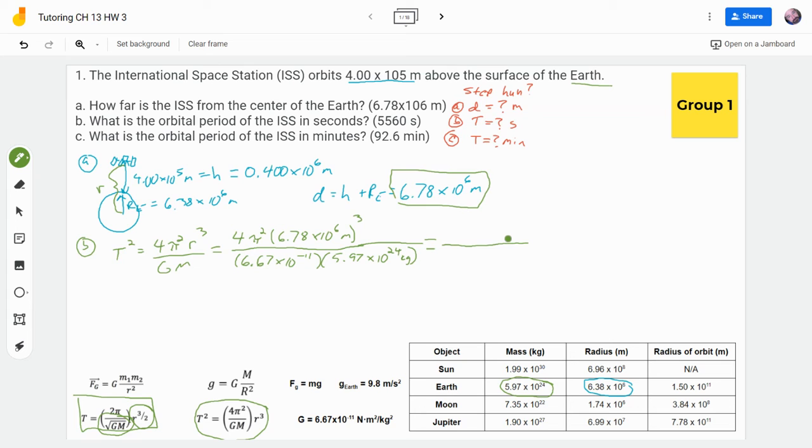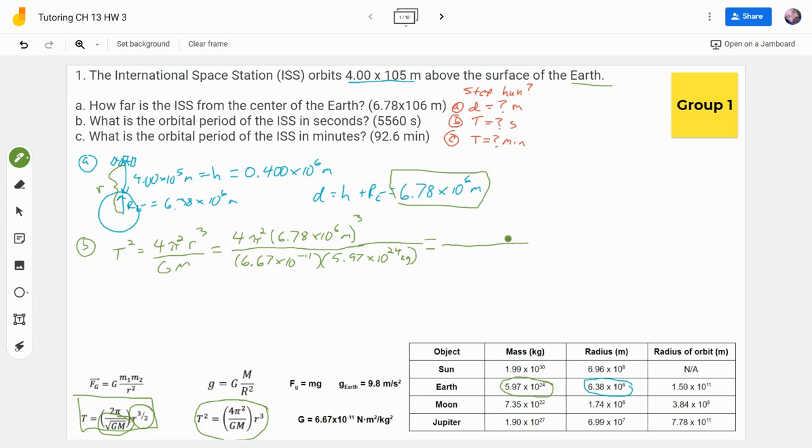So if I ask my calculator, 4 times, I would learn to use the pi button on your calculator. You can just put in 3.14. That'll get you close enough. There's rounding in these things anyway. But I would learn to use the pi button. It'll save you a little bit of time. Remember to square it. So 4 times pi squared times